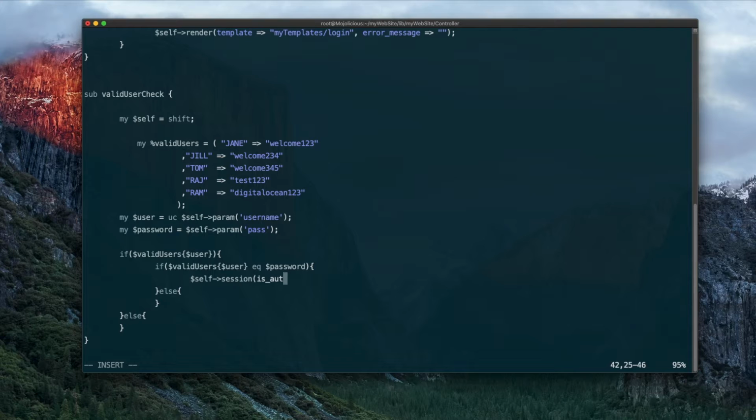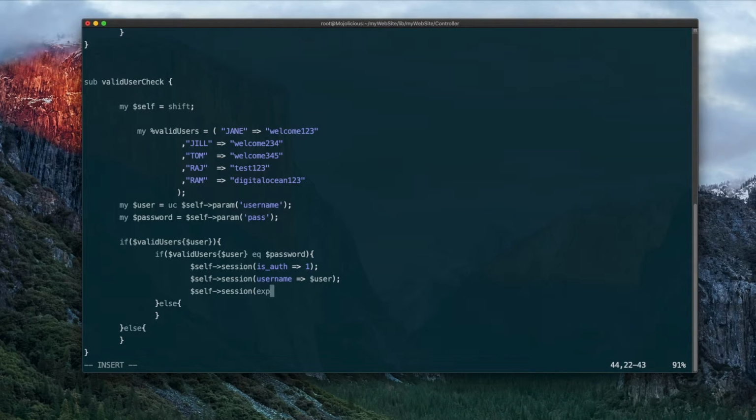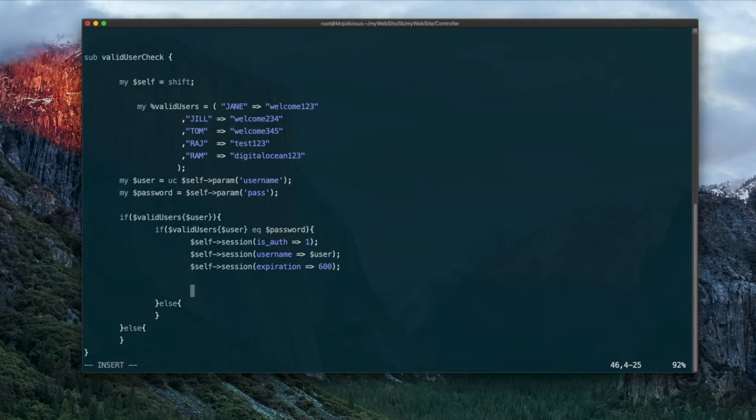We'll call the cookie isAuthenticated, isAuth. We will also store the username in the session cookie. We will expire the session in 10 minutes if there is no activity. Once the session cookies are created, we will direct him to the welcome page, which is a home page.